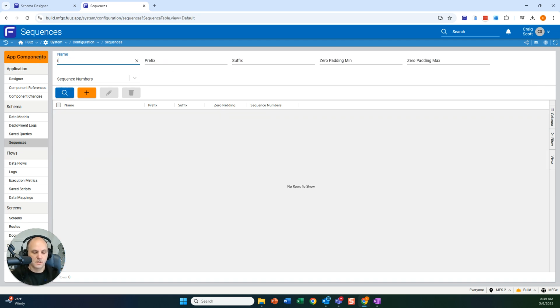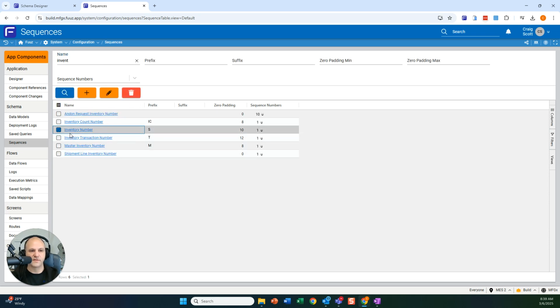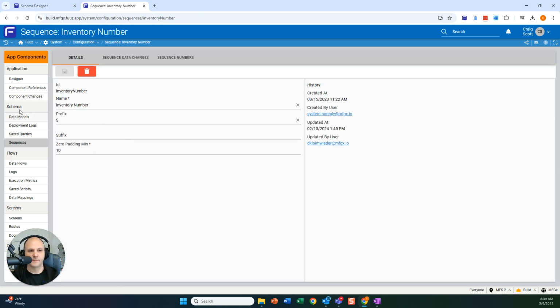Sorry, inventory is one that I usually look at, right? So we have the inventory number, which is essentially the serial number that we assign to new inventory records in Fuse for the MES. If we open that up, we've assigned a prefix to it. Every inventory created in Fuse is going to have a prefix of S, and it's going to have 10 digits after it. So essentially the starting number is going to be